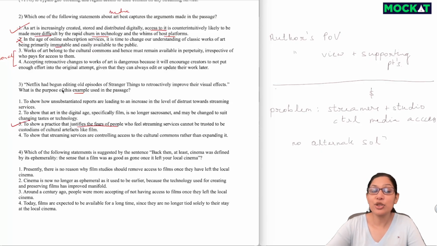So as you can see, we don't want to go for a direct meaning, and we also don't want to fall to some of the common traps which the examiners have. So what is the trap they've used here? They've basically used exact words from the passage, which a lot of times are used to make a wrong option more attractive. So just make sure that you watch out for this.